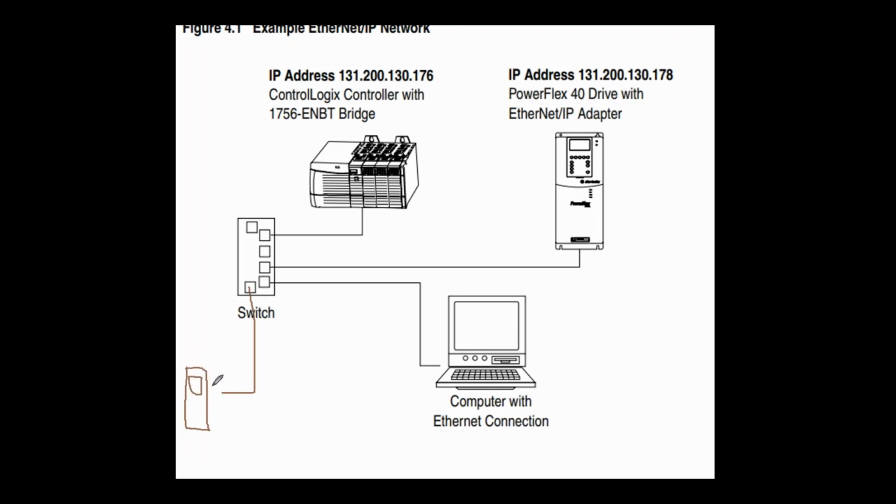With the way we do things in our educational facility, we have to get our license codes from a centralized server. So this Ethernet computer needs to be connected to the wall, which is then connecting to the main school's Ethernet